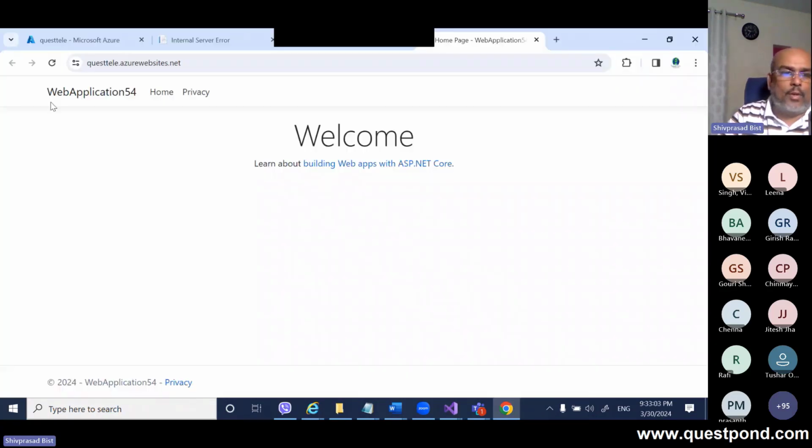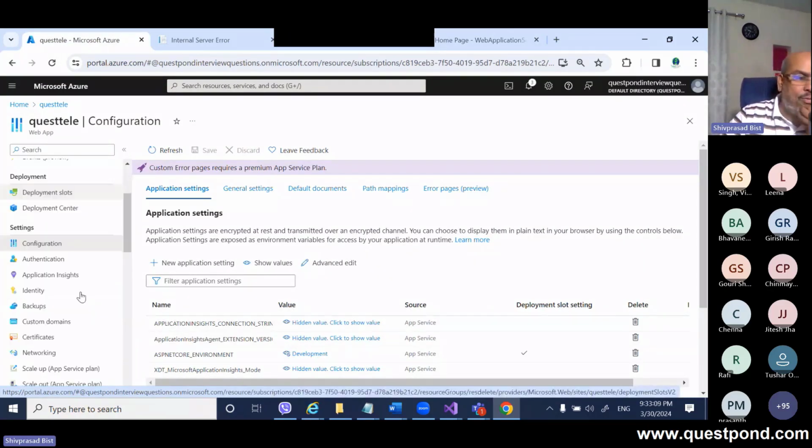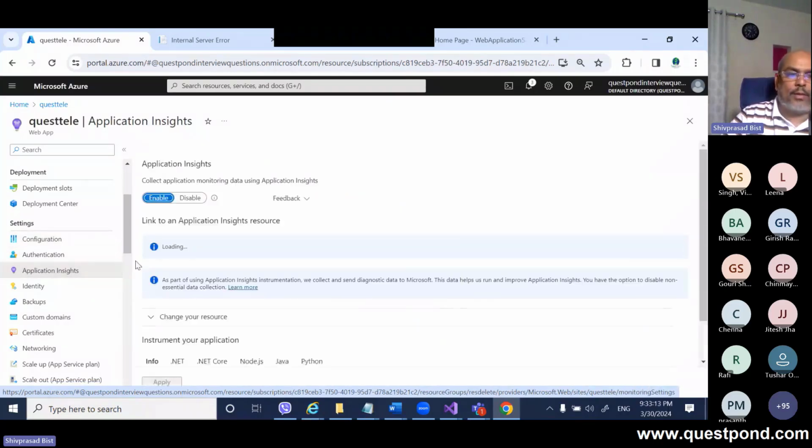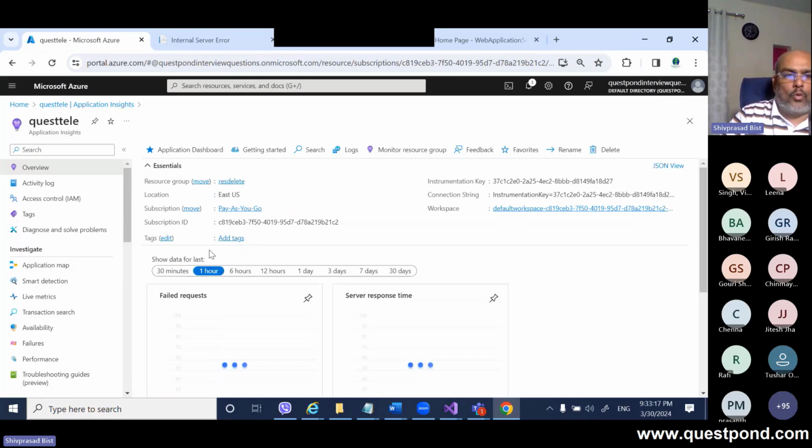So we want to go and see now, like you can see, I have hit it multiple times. So where should we go and see it, right? So first thing is, for everything, whatever you want, go to Application Insights. This is the place where you will get all your information, right? So over here now,